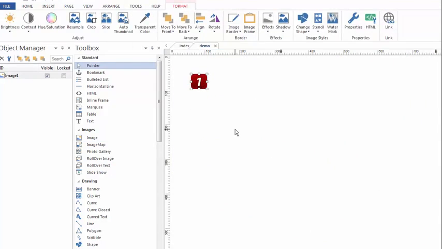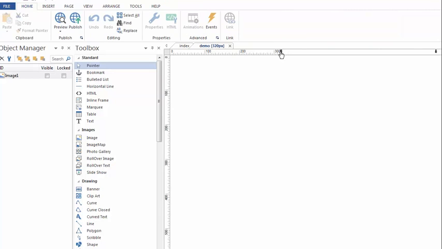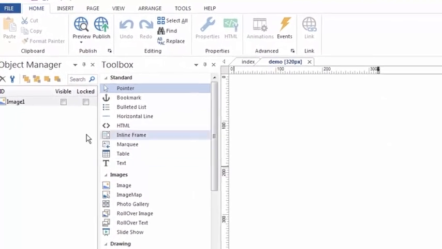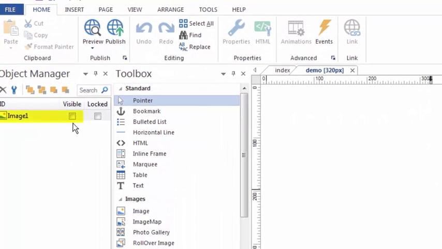You'll notice that this image only shows in the default variation. Watch. If I switch to the tablet, it doesn't show. If I switch to the 320, it doesn't show. Although the image still exists, it's just not visible. Watch the object manager as I switch between variations. Right now I'm in the 320. You'll notice that this image is not visible. When I click on the tablet, the image is still part of this page, it's just not visible. And when I click back to default, you'll see that it is in fact visible,